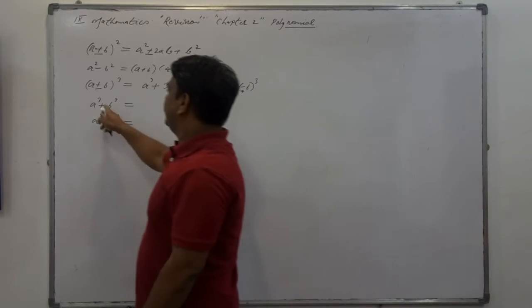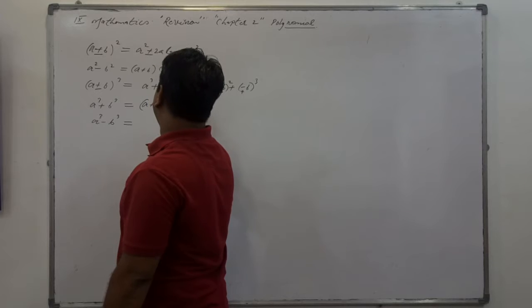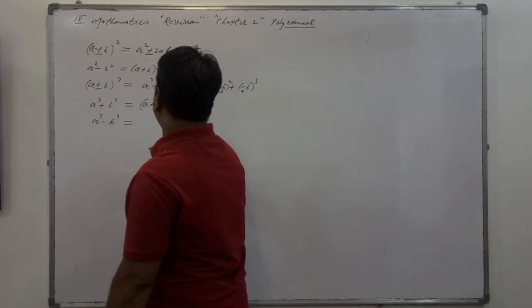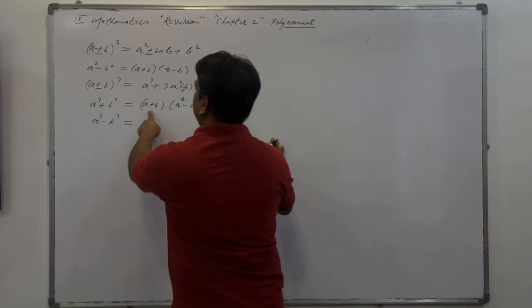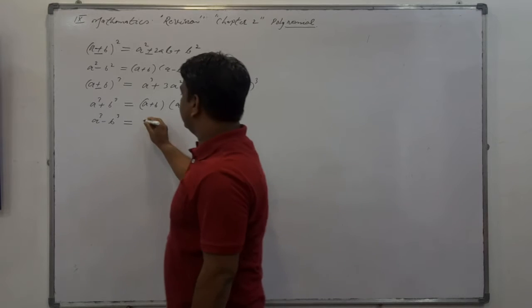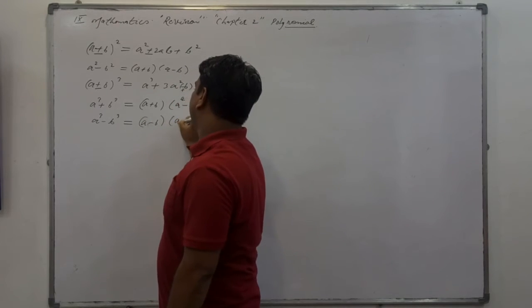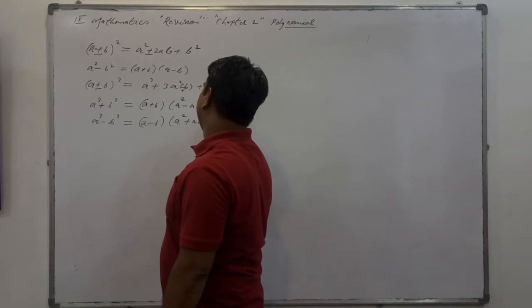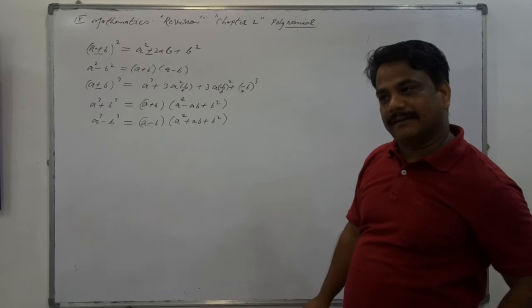Right? Now these expressions are here: a plus b, and here a square minus ab plus b square. You may see that a plus b times a square minus ab plus b square. Here is plus, here is minus. And how does this come? This we have derived from the given identity, a square plus ab plus b square also there. Okay, these identities we have studied in the chapter.